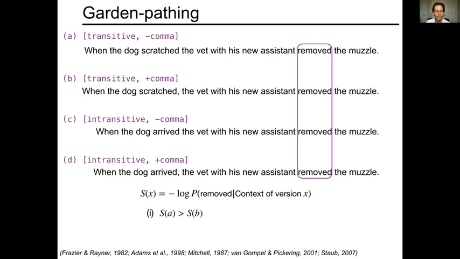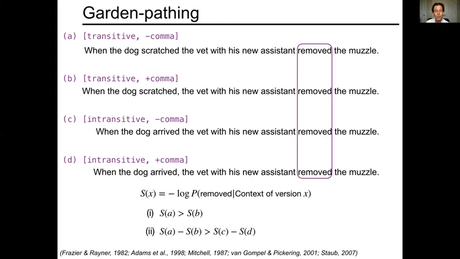So in particular, this will lead to a couple of predictions that we want to have for human-like processing behavior. One is that the surprisal, S of A, the surprisal of "removed" given the context in version A, should be larger than the surprisal of "removed" given the context in version B. This is because having the comma there should ameliorate the processing difficulty encountered at "removed." And another criterion is that the surprisal at that effect, the difference of surprisal between A and B, should be reduced by